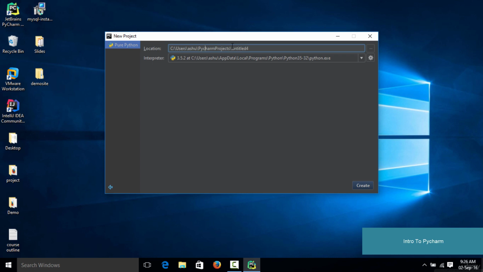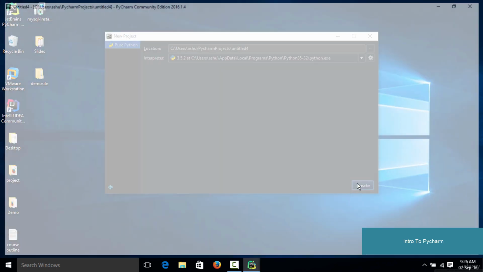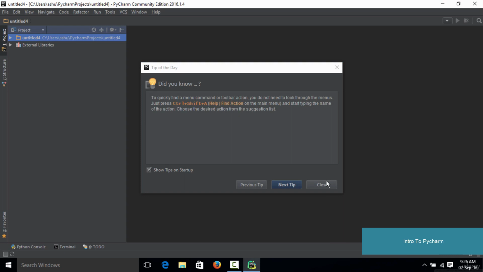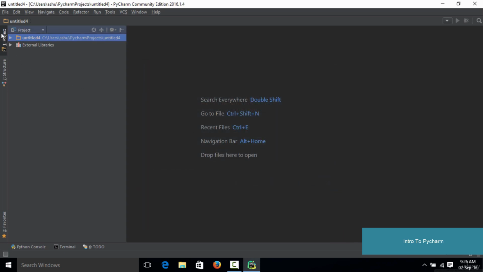You could specify a location manually here, but I am going to leave it as the default one, and make sure that you have the interpreter selected. Now simply click on create, and it is going to create a brand new project for us. As you could see, this untitled 4 right here